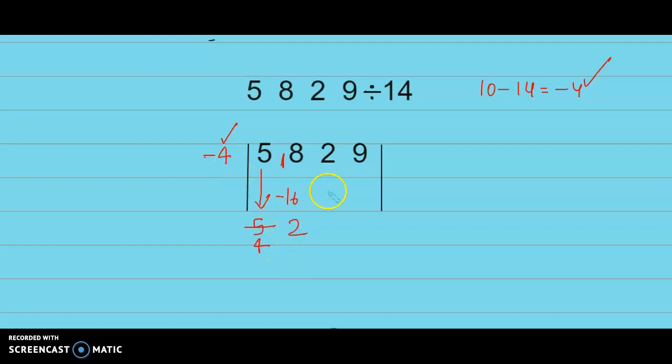4 2s are 8. Again you see that 8 is greater than 2. Reduce it by 1 and write 1 here. So 4 1s are 4. 12 minus 4 is 8. Next step is